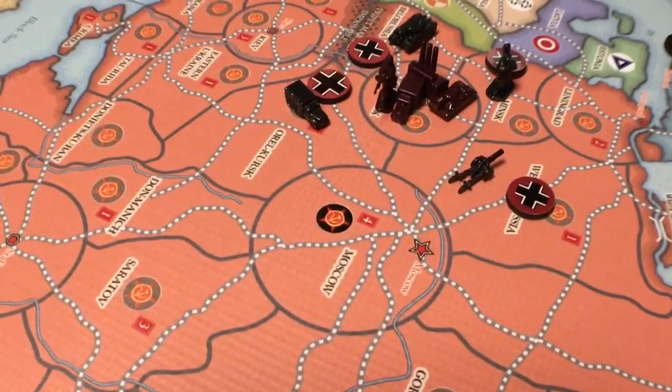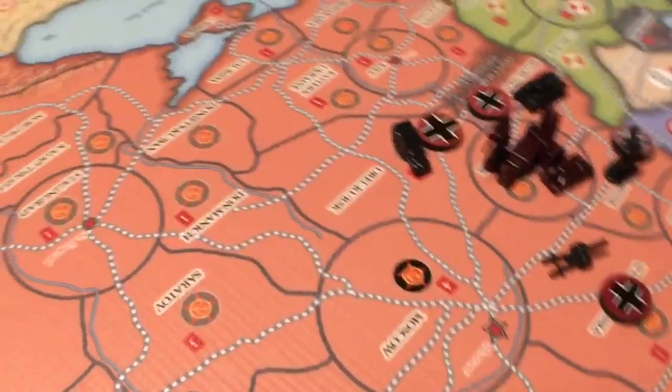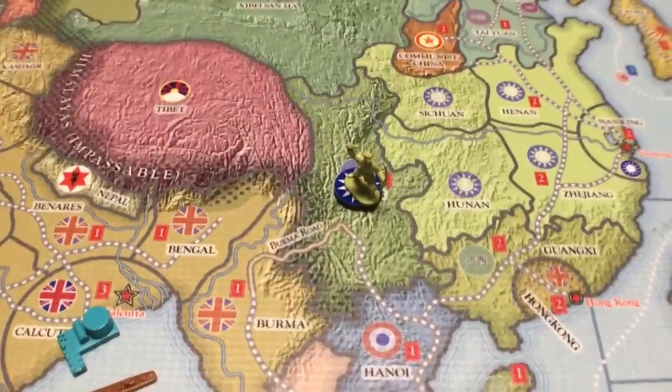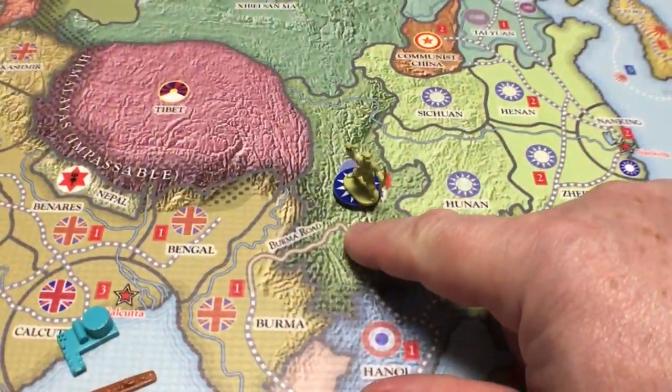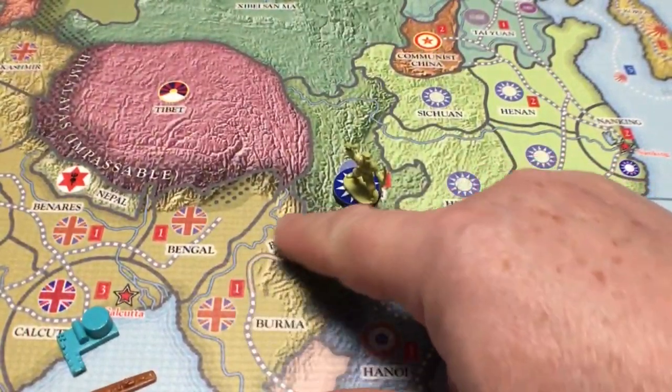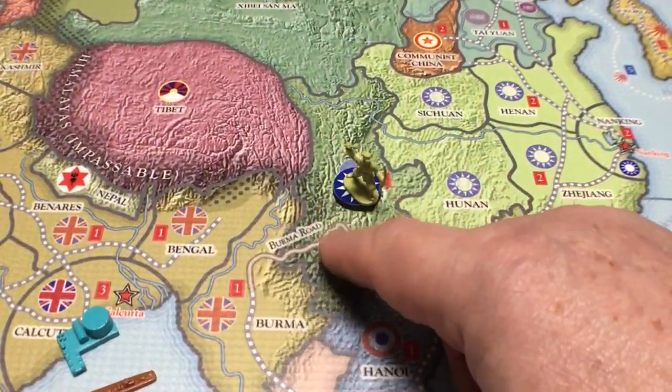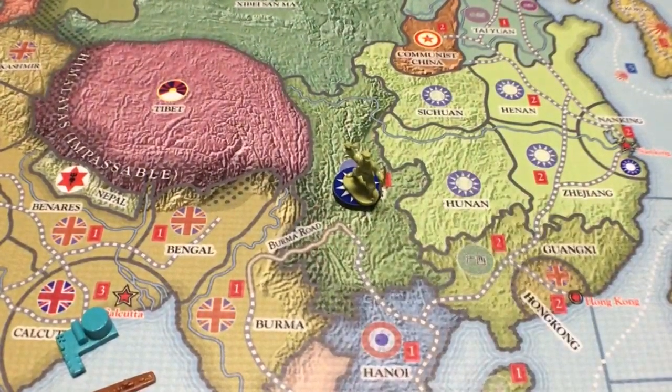I talked to you about impassable zones before, so let's just move down and we'll talk about the Burma Road for a minute. Now, you might remember the Burma Road from Global 40, right? Well, the same thing is on here. So it starts here in Yunnan, and it goes right through to Burma right here. It doesn't go through 4 territories, it just goes through 2. So the difference with this Burma Road is